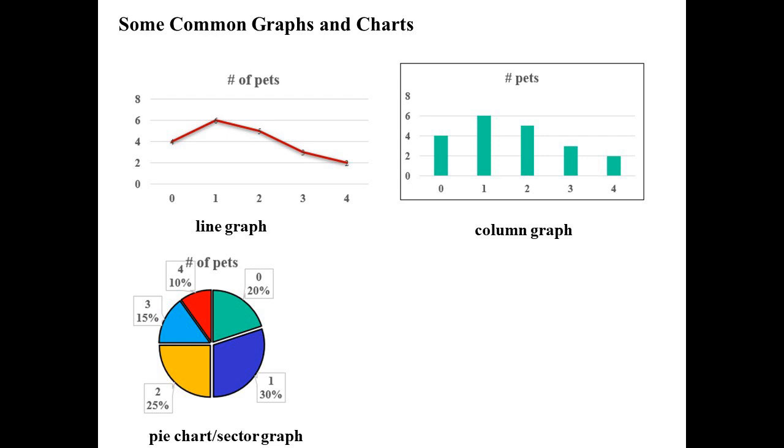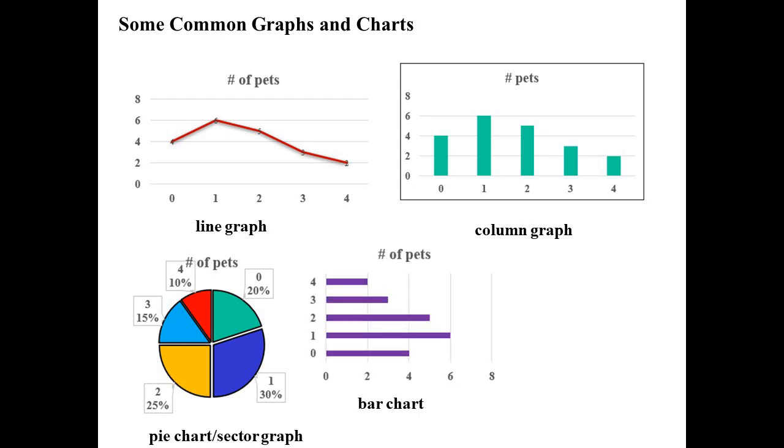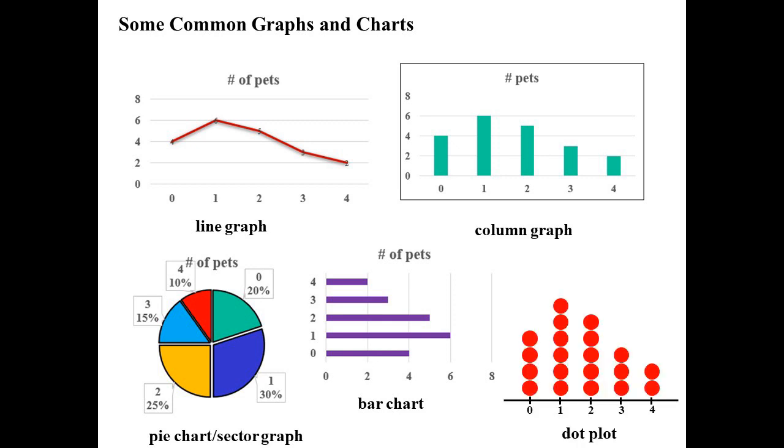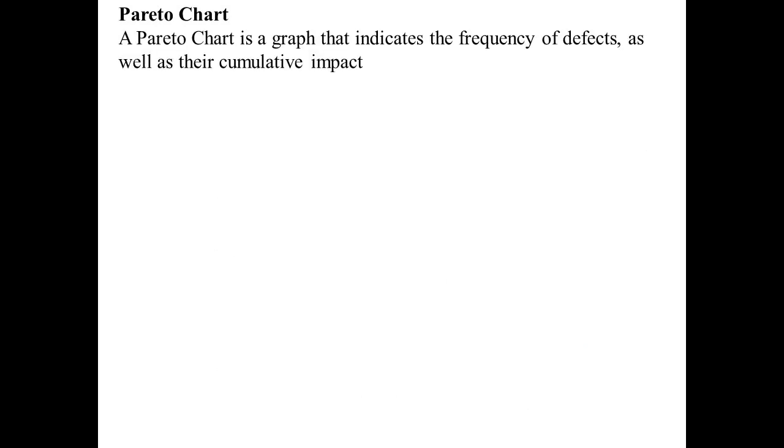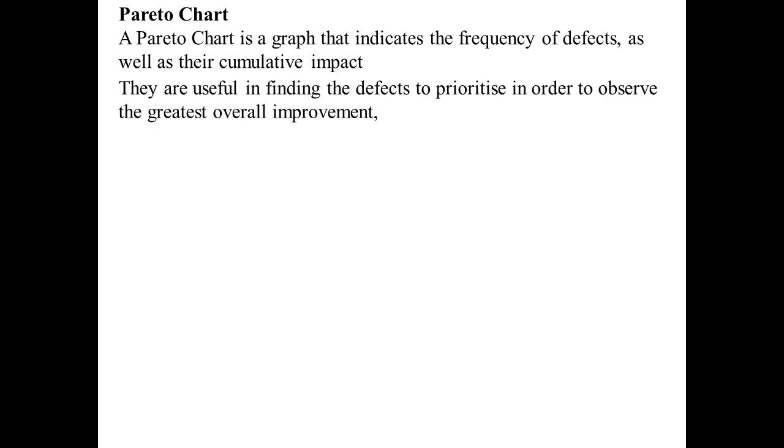Pie graphs, or sector graphs sometimes they're called. Bar charts, which is simply a column graph turned on its side. Dot plots, we saw those before as well. You might not have seen this one though, what's called a Pareto chart. Used in economics a lot actually, Pareto charts. And it's good for when you're analysing stuff and you want to find frequencies of defects and how those defects